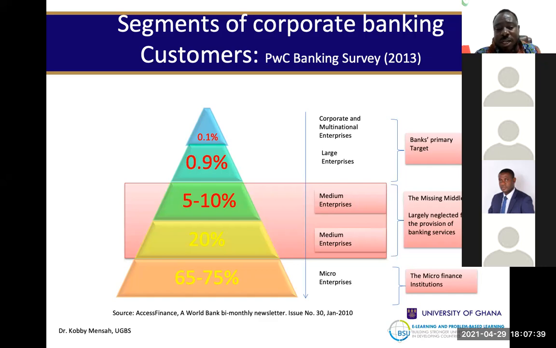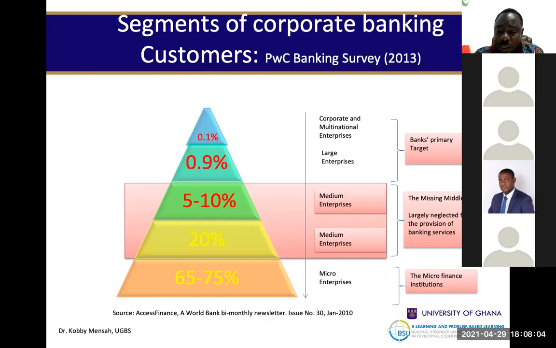And I've been in discussions at AGI, Association of Ghana Industry, where their members, that is the middle level enterprises, actually complain of lack of services. I mean, financial access, lack of financial services to them. So in our teachings, we have to actually draw attention of the players in the field and say, look, yes,